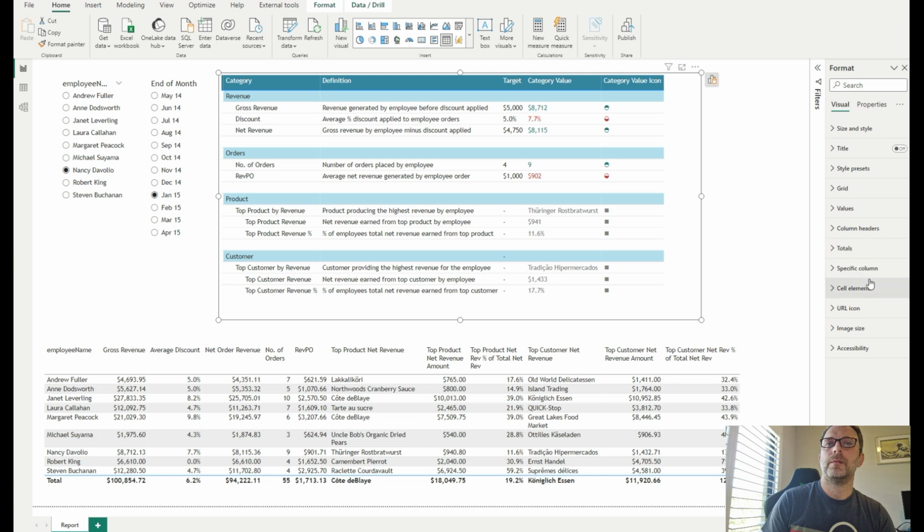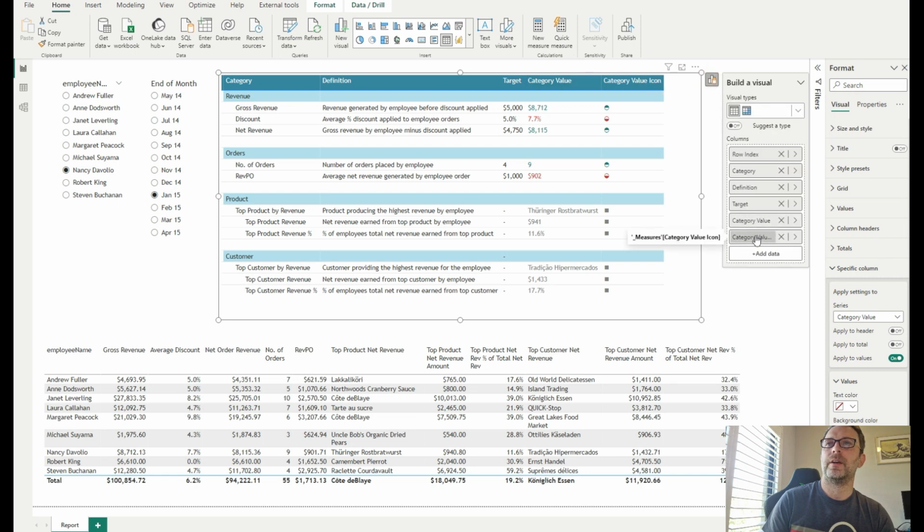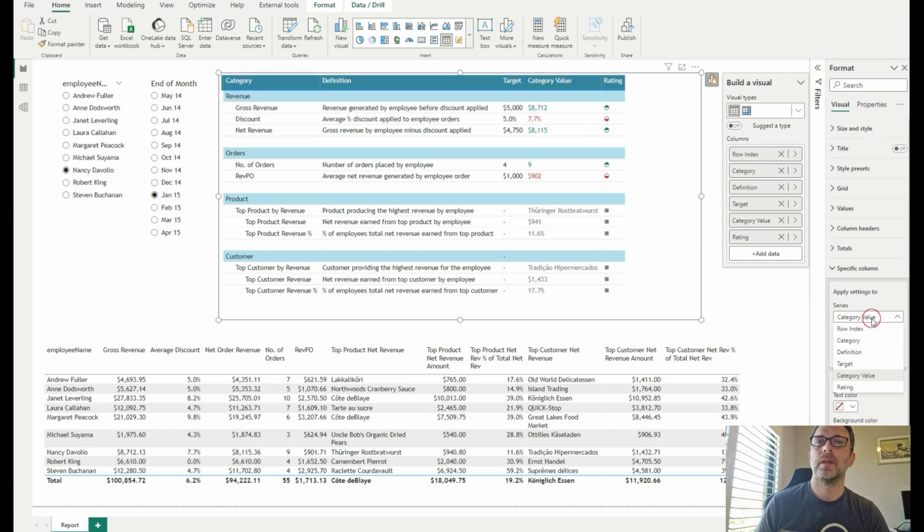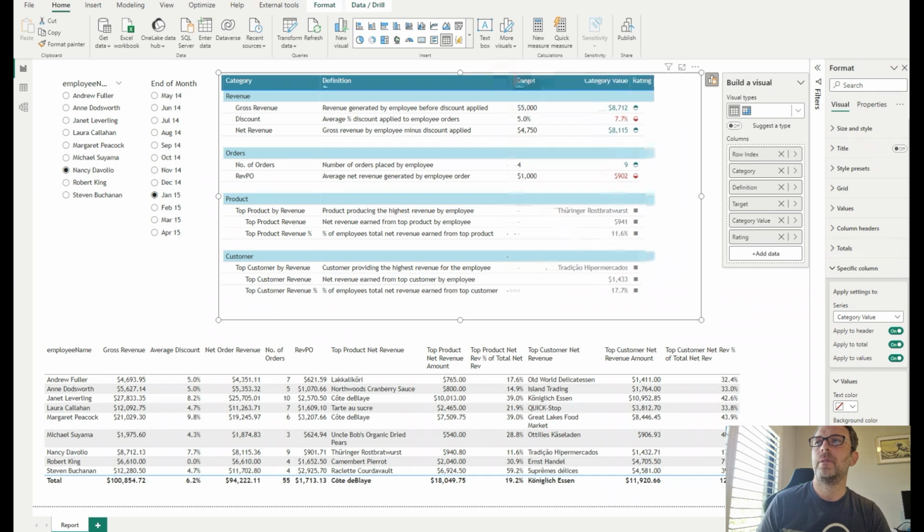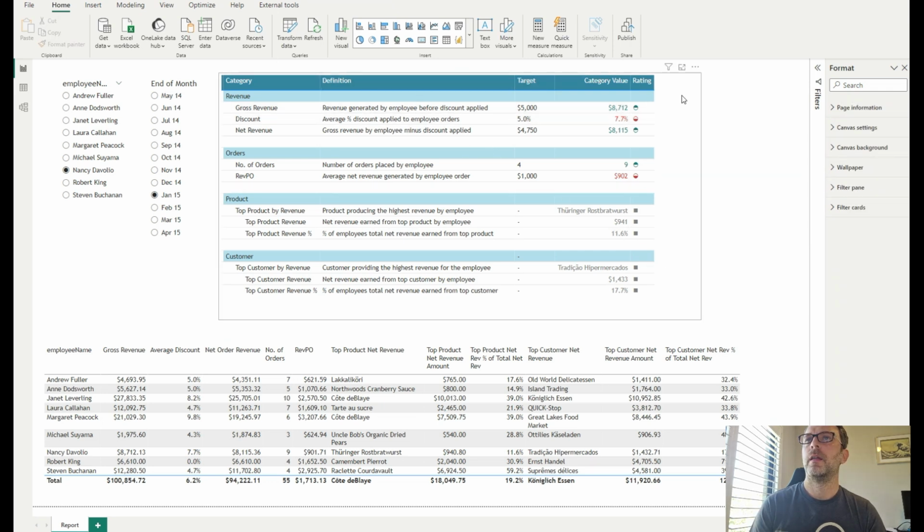Okay, I think I just had a little bit of formatting to do. So what I wanted to do was, instead of having this category value icon, just rating, call it something else to make the table a little bit smaller, and then the category value. So what I wanted to do for this was to push it to the left, so the value and the rating are sort of sitting side by side. Target maybe a little bit further away, and that in itself is